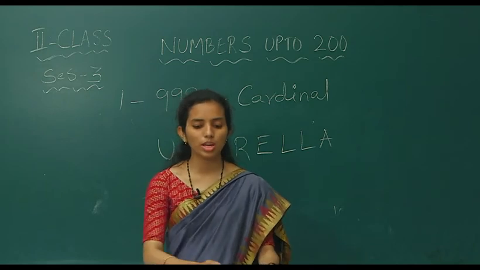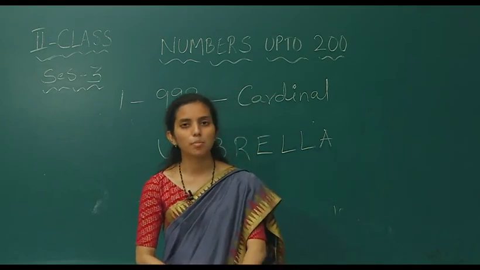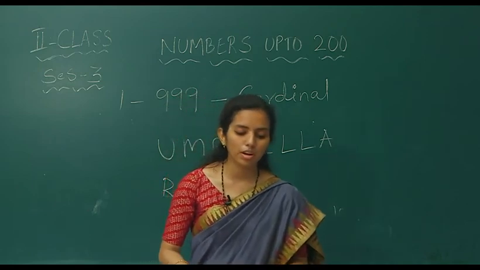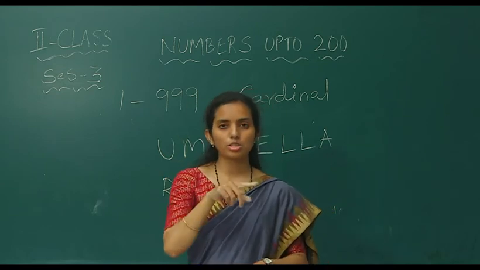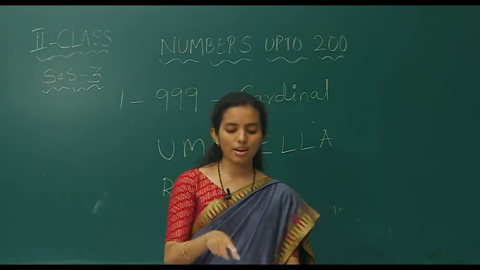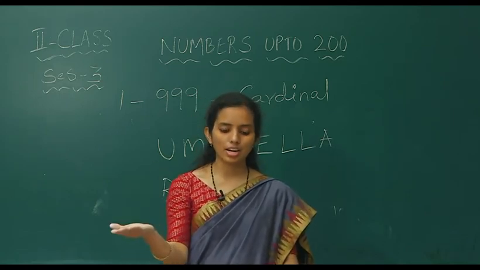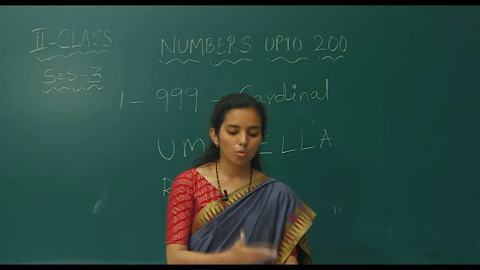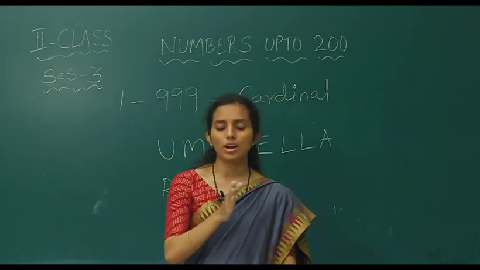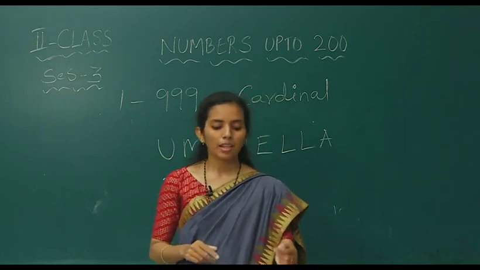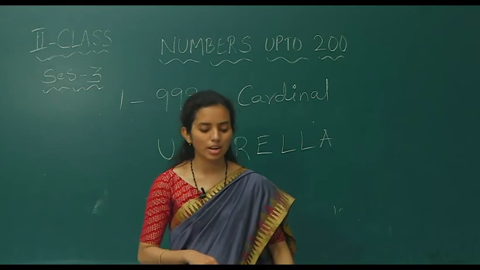So, let us go to the chapter drill. What is there in the chapter drill on page number 26? Very simple. He has given a box of 100, that is one square box with 100 boxes, 9 tens and 5 ones, that is 195. And the next one is 107, 1 hundred, no tens and 7 ones, so 107. And next one is writing the place values. You can write it very simply.